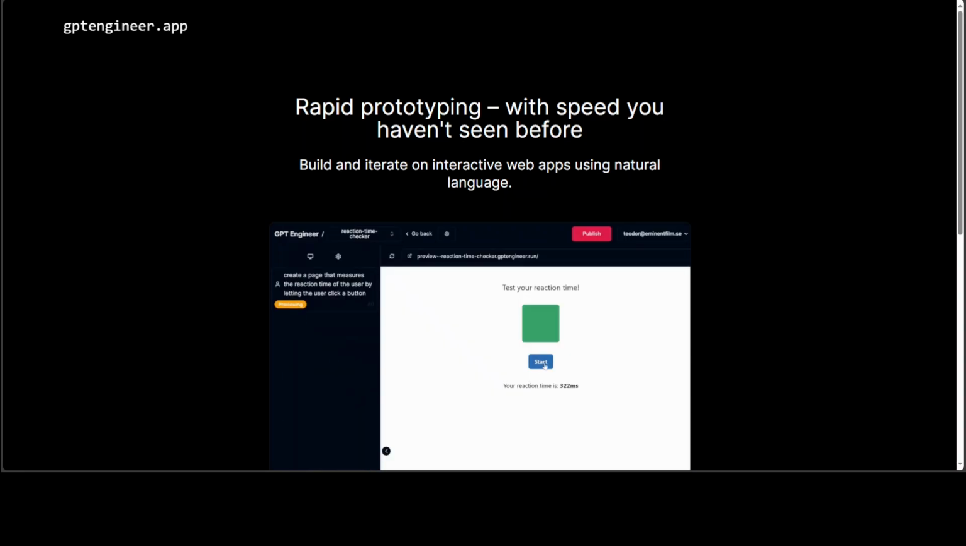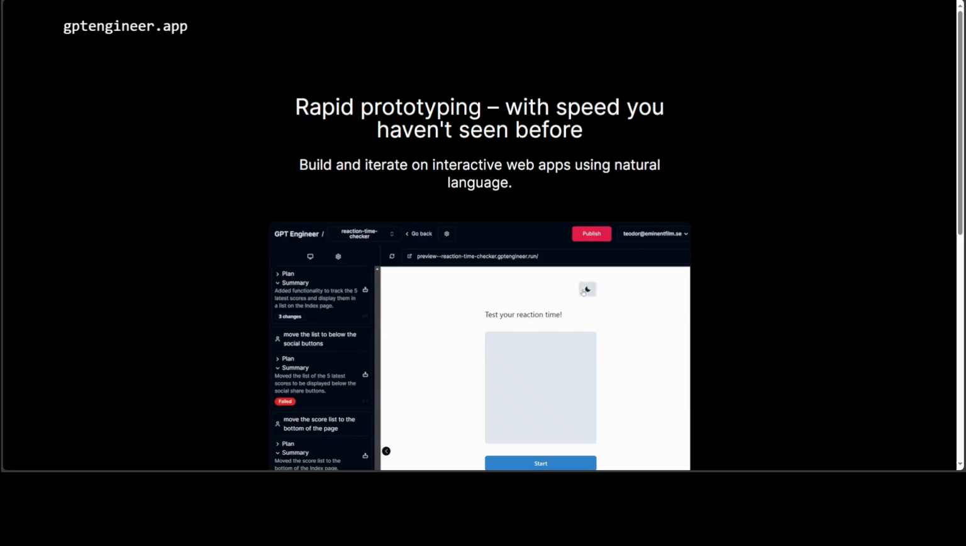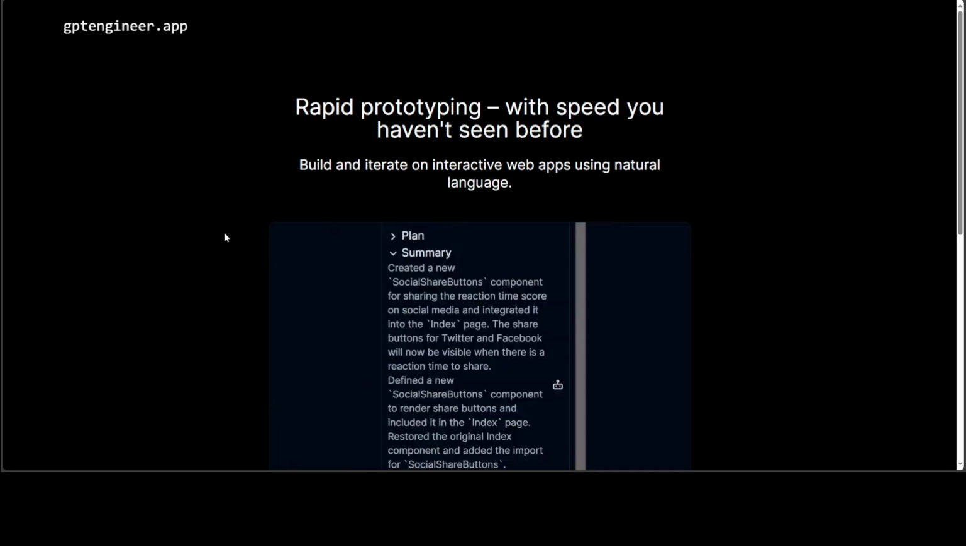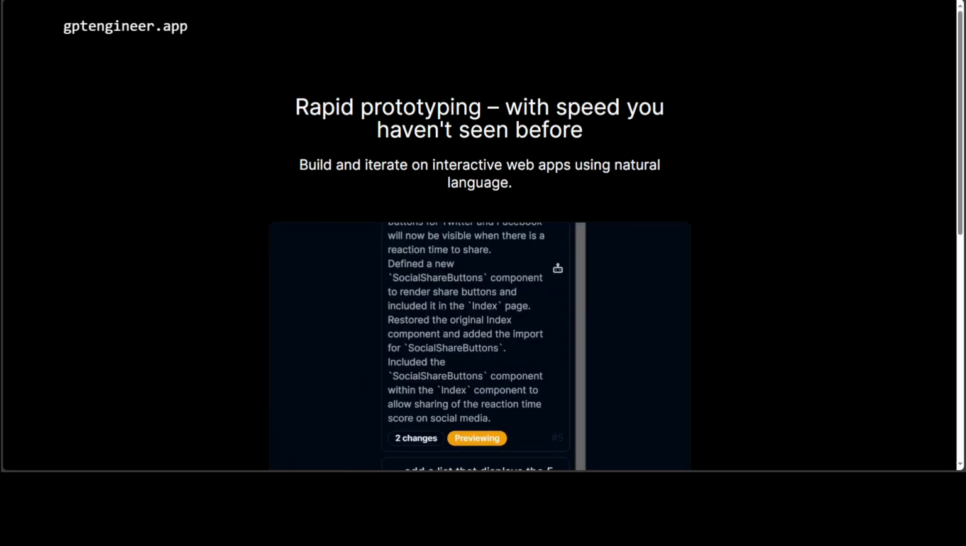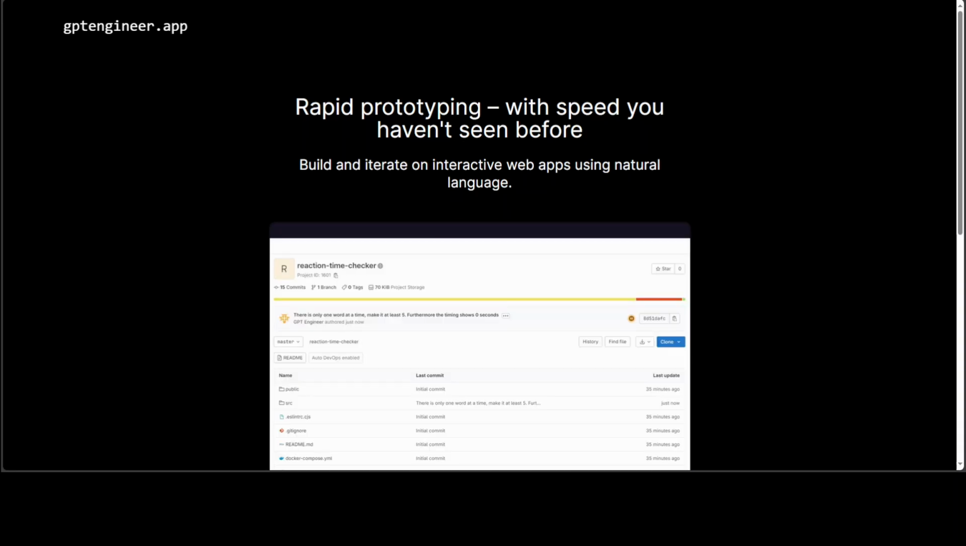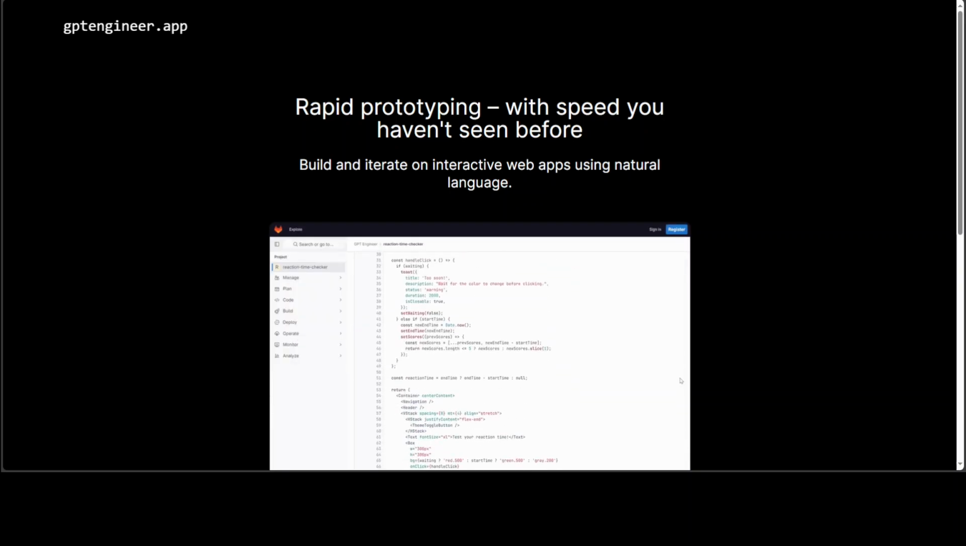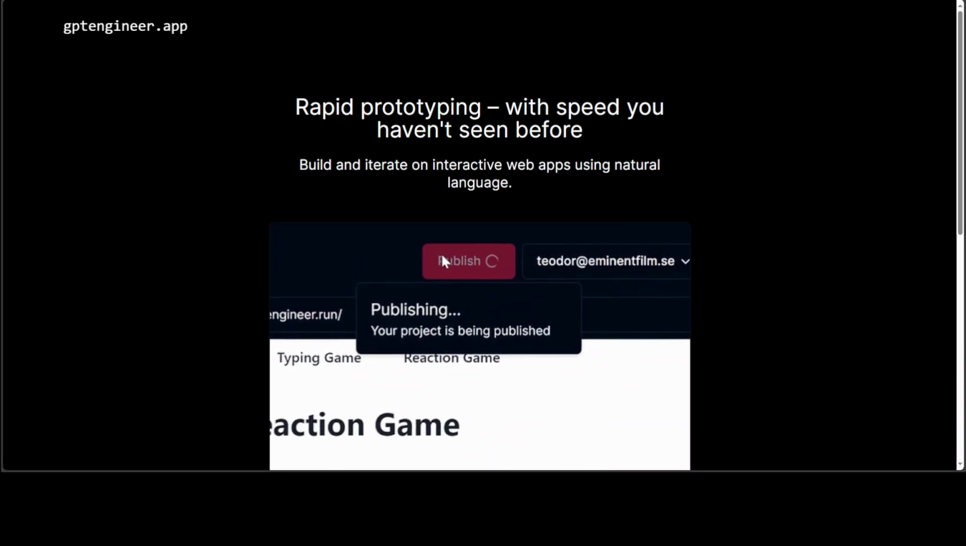Hello guys, in this video I am going to introduce you to this implementation of GPT Engineer. GPTEngineer.app is based on the GPT Engineer tool on which I did a video a few days back, and this tool simply lets you specify a text prompt and then you can start prototyping your own website with the help of this